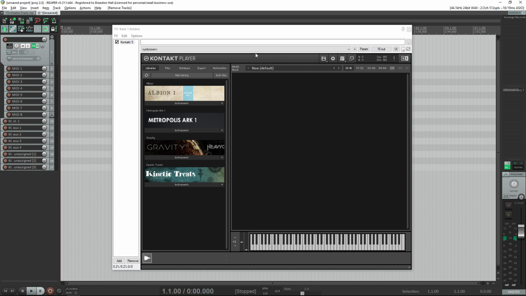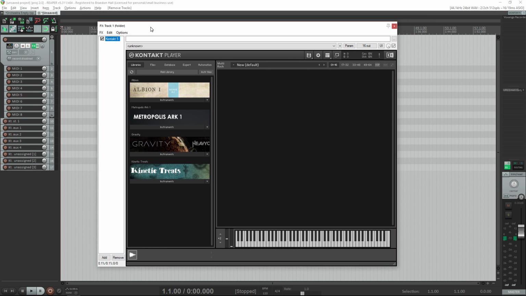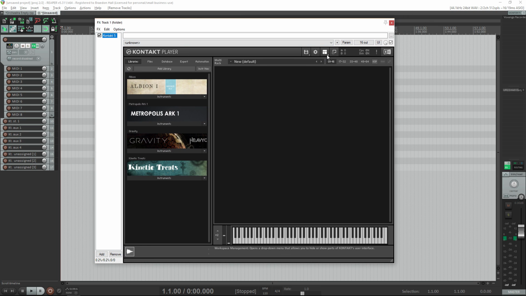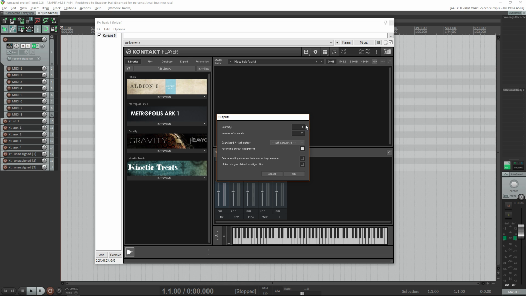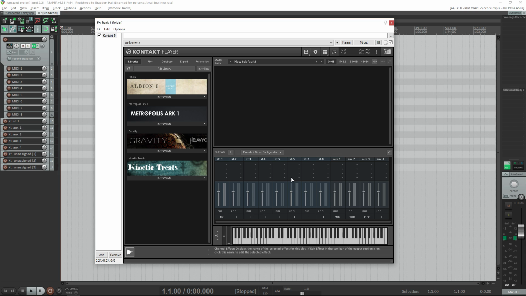Now, what we'll need to do is back over in our effects window, click on this little icon here and select outputs. Now we have, as I mentioned earlier, 8 MIDI tracks, so we will need 8 stereo output tracks. We already have 1, so click this little plus button and we're just going to go ahead and add 7 more like that. So at this point, this is probably going to be the most tedious part of this exercise, but don't worry, because you'll only have to do this once, and then after that you can just duplicate your